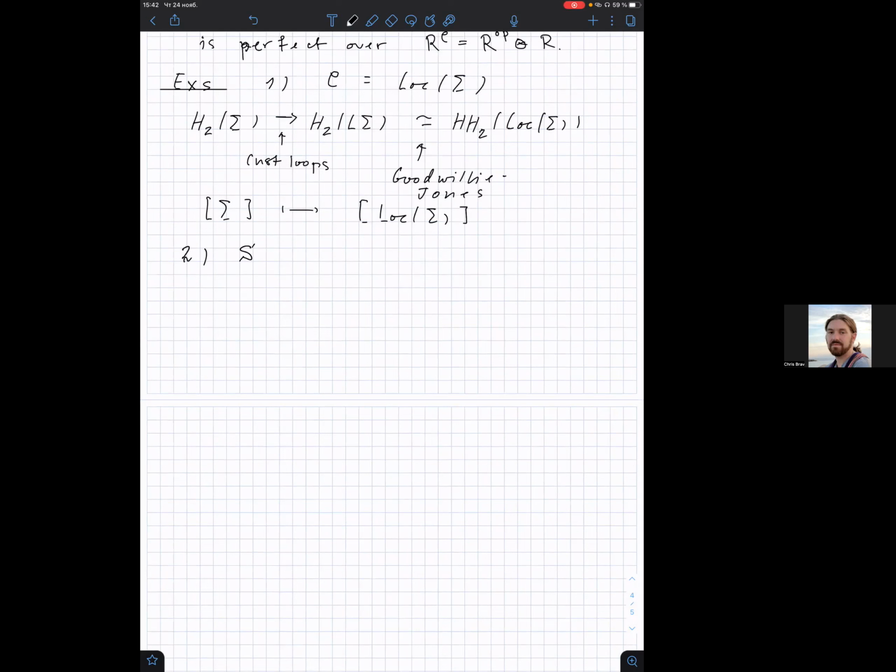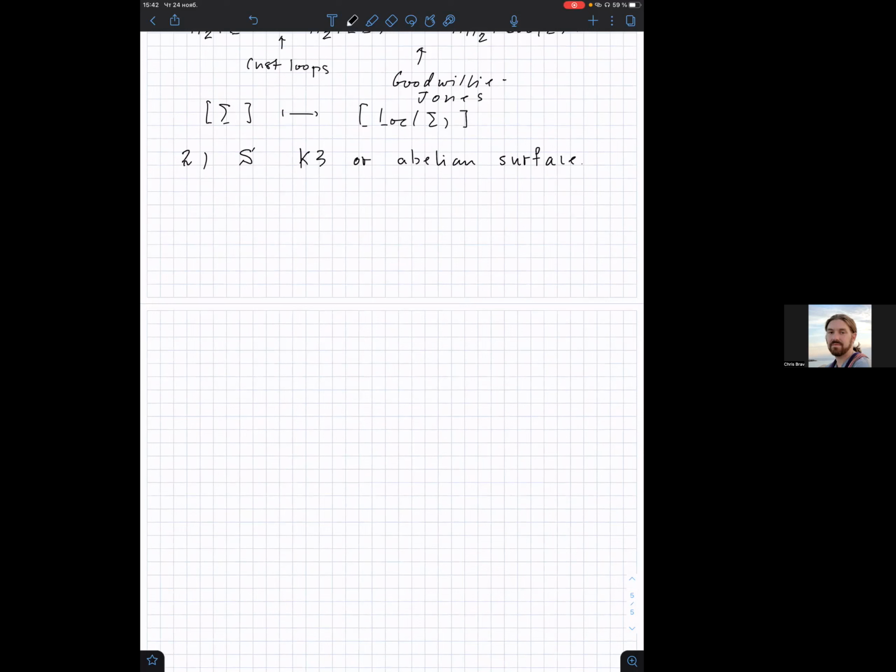So if S is, let's say, a K3 or an abelian surface. That means, let's say I have a smooth projective surface whose canonical bundle is trivial, then it's one of these two things. It's either K3 or abelian. And in this case, I let C be perfect complexes on S. Those are things which locally look like finite length complexes of vector bundles. In the smooth case, that's the same as a bounded complex of coherent sheaves. And then